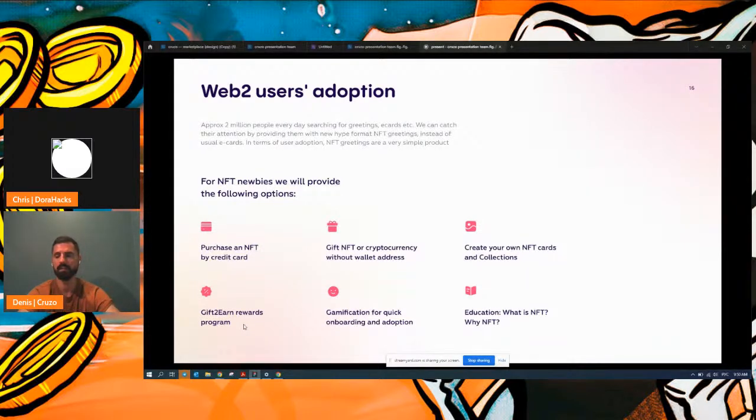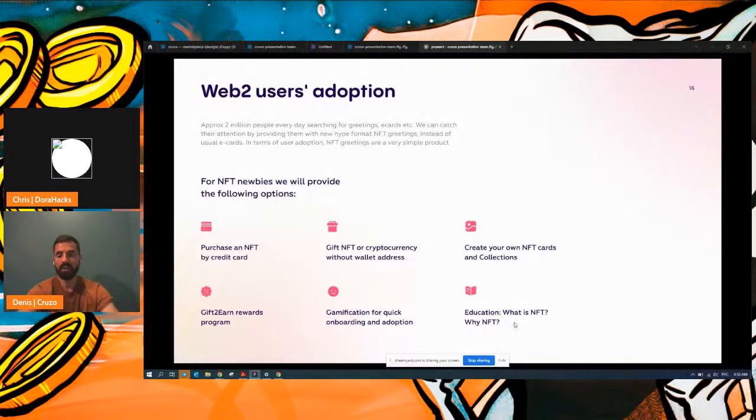It's our loyalty program, especially for people who are new in crypto and want to earn some crypto. They can share our greeting cards, congratulate their friends on social media, and if someone buys this postcard greeting, we share a 1% commission with the participant, with the affiliate, sorry.